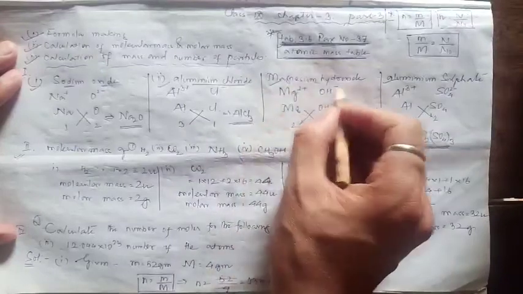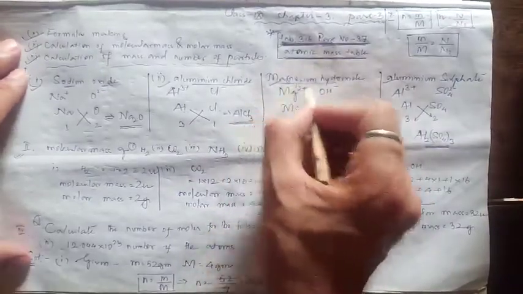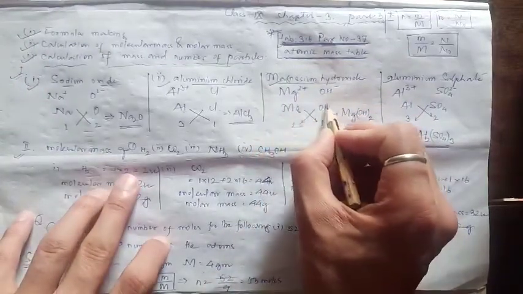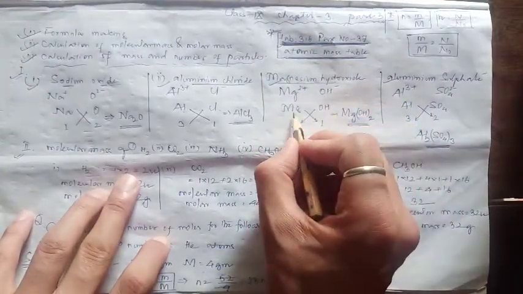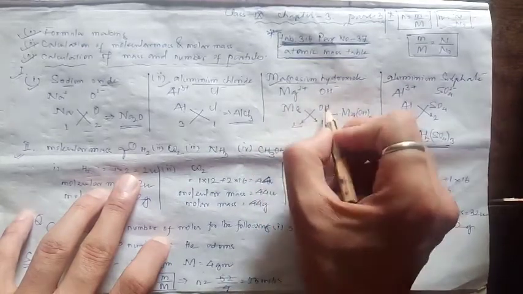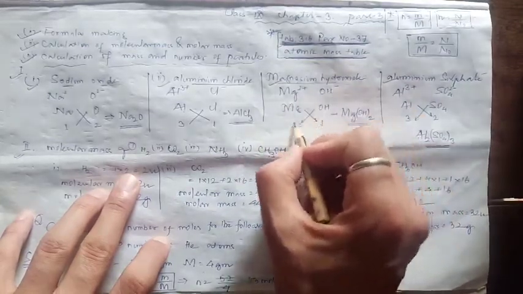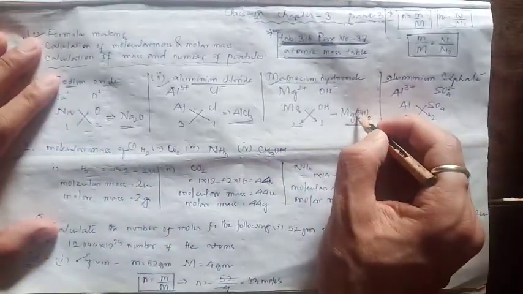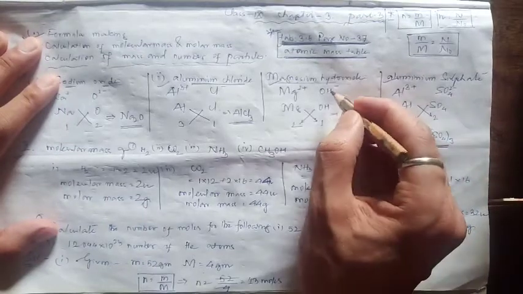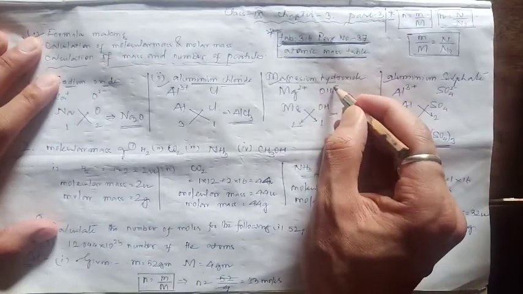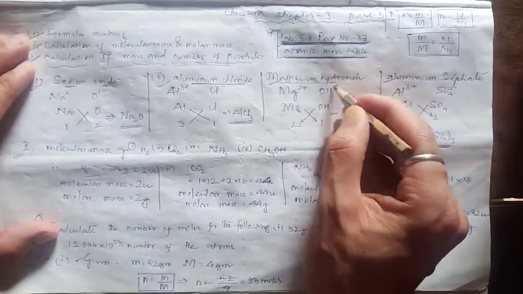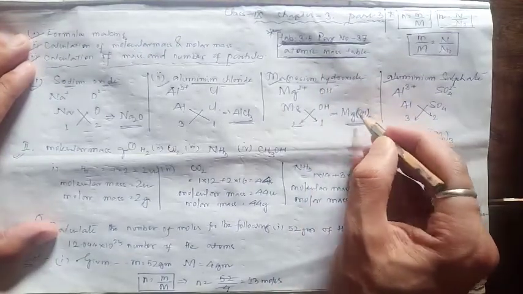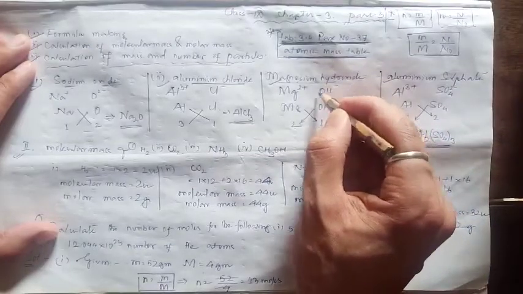Similarly, magnesium hydroxide. You see in the name itself, it's written magnesium and hydroxide. So we'll write magnesium ions and hydroxide ions. So neutral magnesium and neutral OH, and write the charge carried by magnesium here, the charge carried by OH here. Now if you cross over this, you'll get the formula like this. And now student, here we are writing this bracket. Remember one thing: when you are getting any polyatomic ions, those polyatomic ions will be enclosed within brackets. Now you know this is a polyatomic ion.